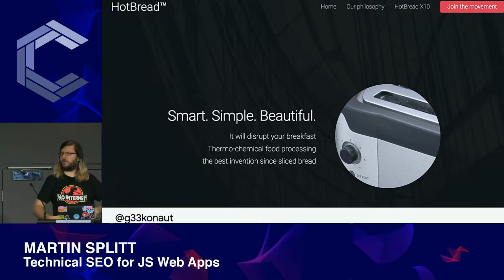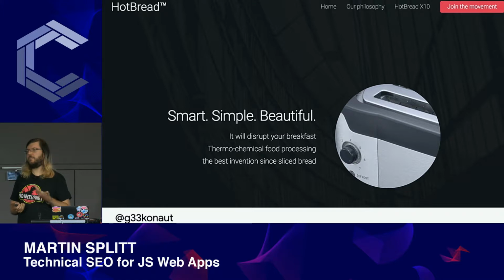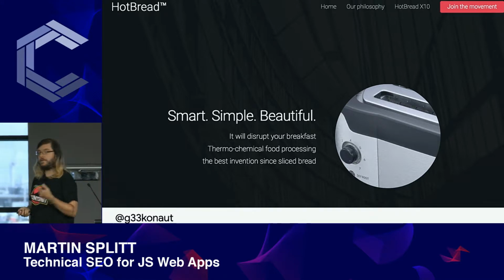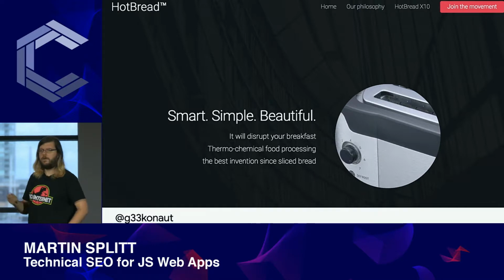Not very good for my figure probably, but whatever. And it's the best invention since sliced bread. So this page is not really exactly helpful. But then we can maybe cheat by looking at the navigation, which is probably condensed of what this is about,